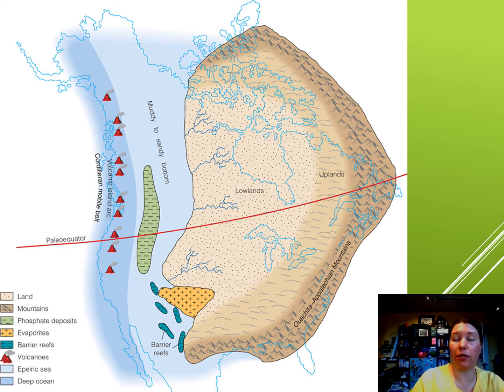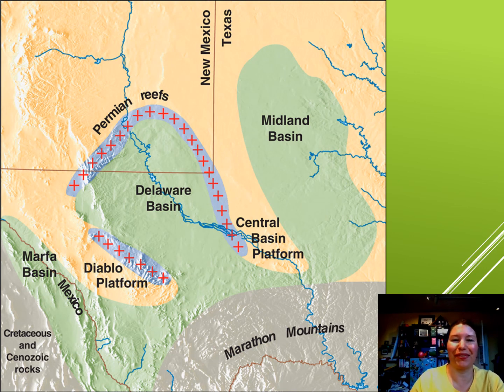By the early Permian, which is the next period of time, we get all these evaporite deposits. There are some barrier reefs here. These little plus signs mean evaporite. So we see salt. And during the Permian period, Texas is one of the best places to find some neat fossils from the Permian. We are getting lots of deserts, lots of really dry deposits happening here. So check it out. The craton is completely drying out, and our sea is being lost. It'll come back though. We'll have a sea again later on.